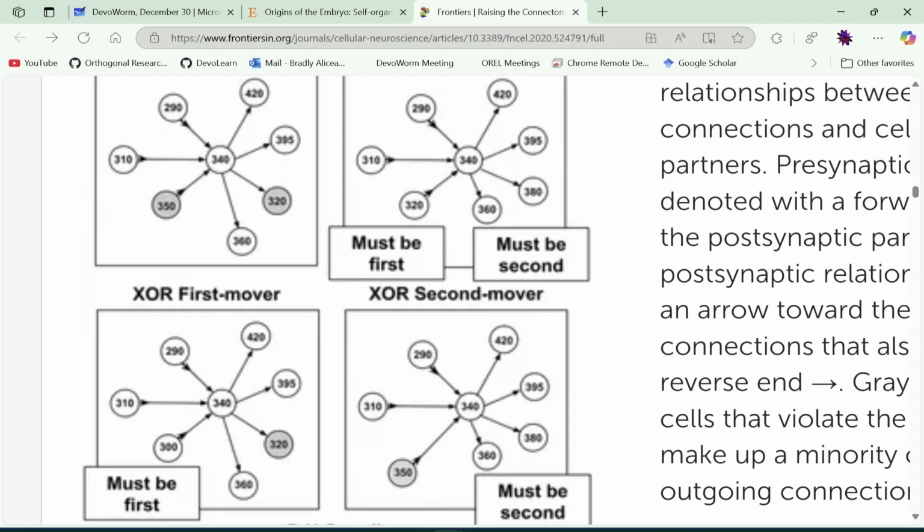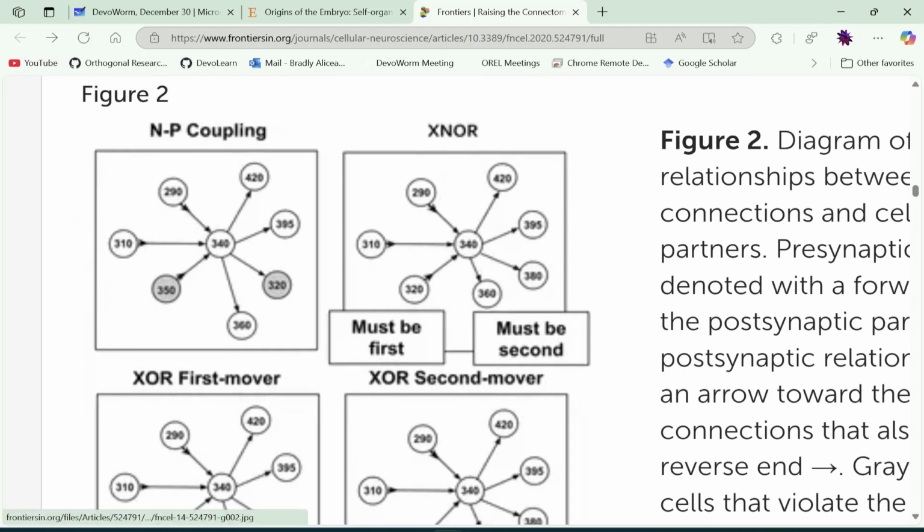So, in this little example, you might have a cell that is born at 340 minutes of development, another cell that's born at 320 minutes, another cell that's born at, I think, 350 minutes of development, and so on. And so they establish connections based on, say, the first cell to be born in that